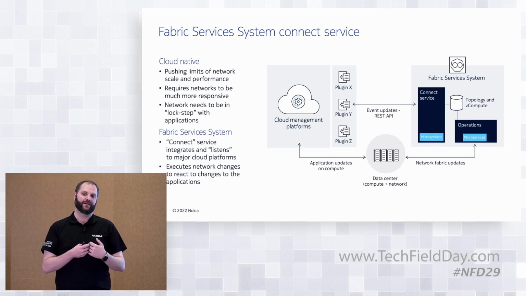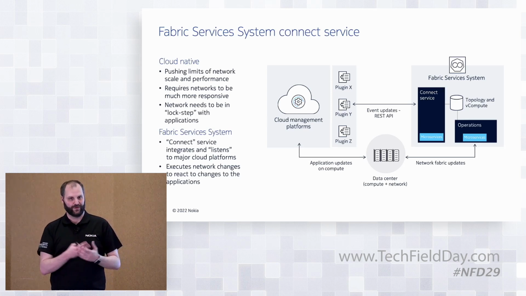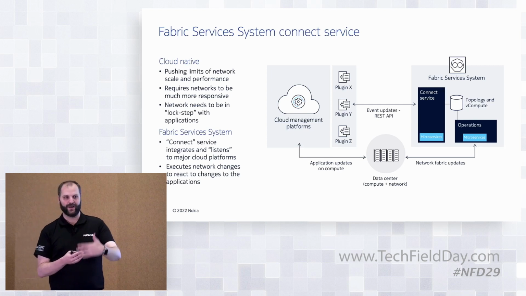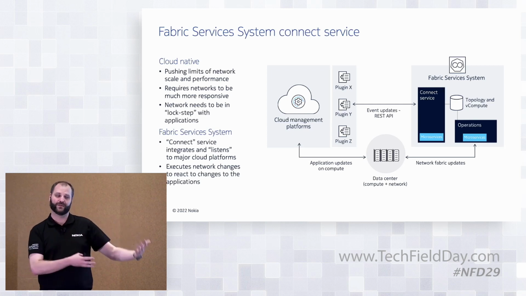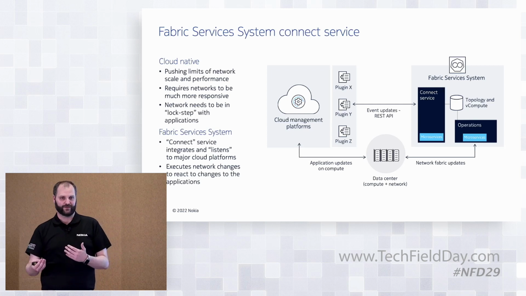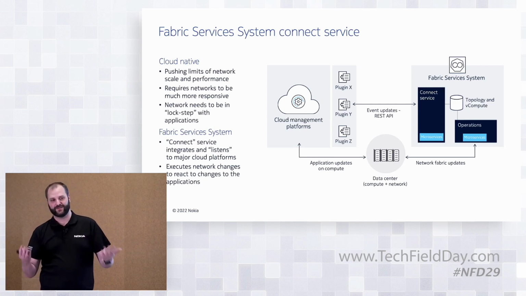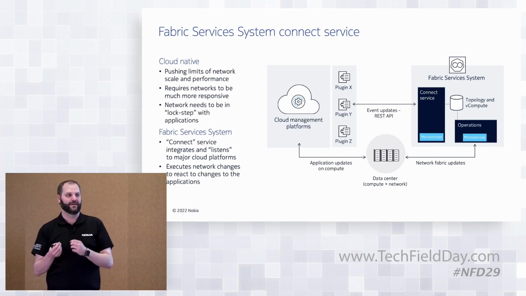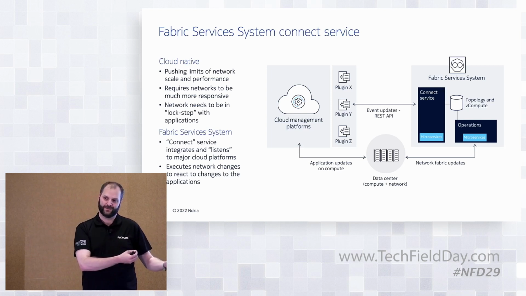And that is where network administrators, application owners, whoever wants to control the network can go in to the Fabric Services System UI or API, either as a user or an orchestrator, and create network constructs, potentially with more advanced functionalities than a typical CMS would expose, and then expose those networks to the CMS.